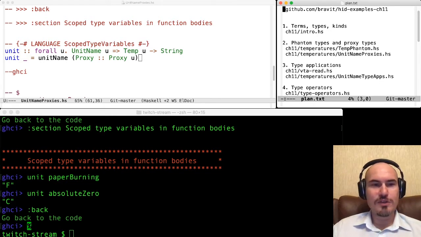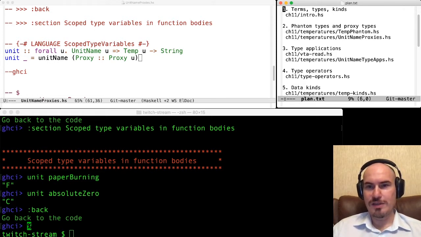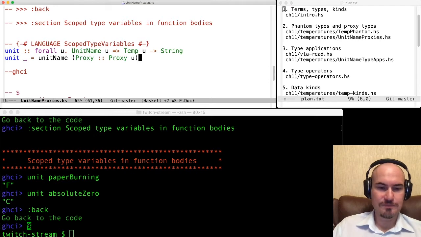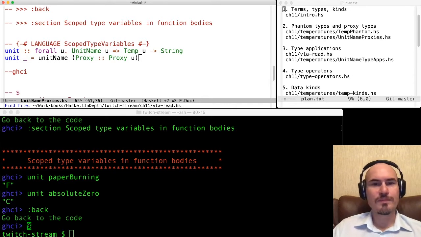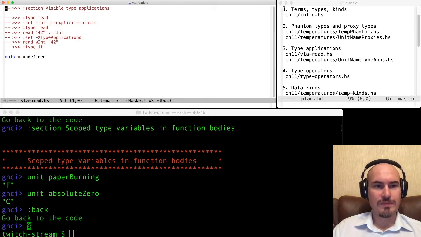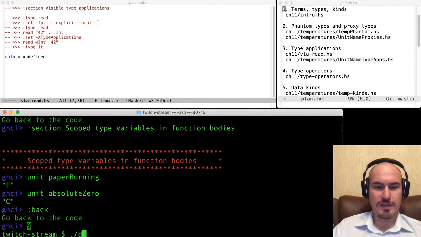And I will give you this difference in a second. So let's get to the type applications. And this will be another example here. Right, and I will run it here.